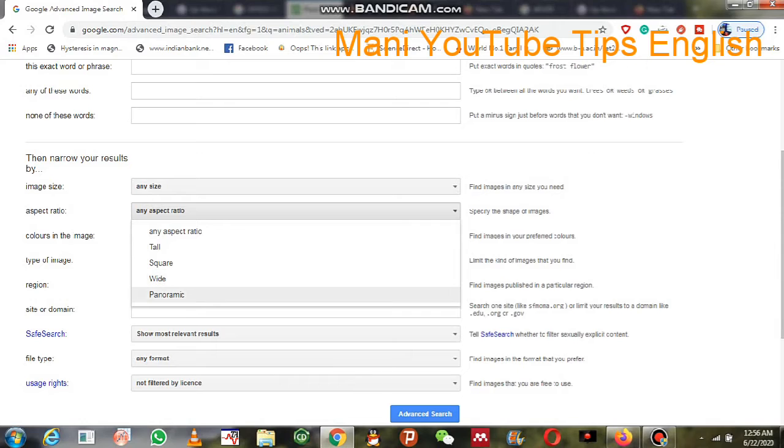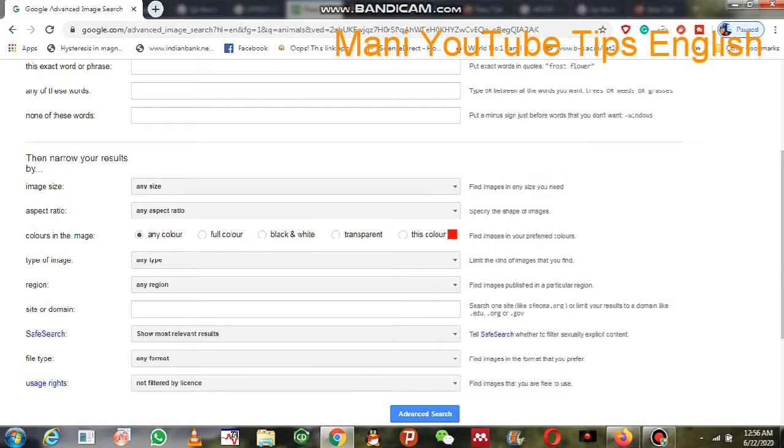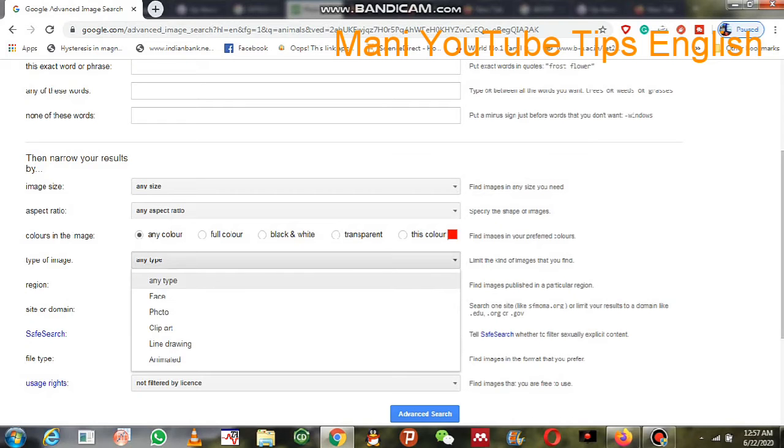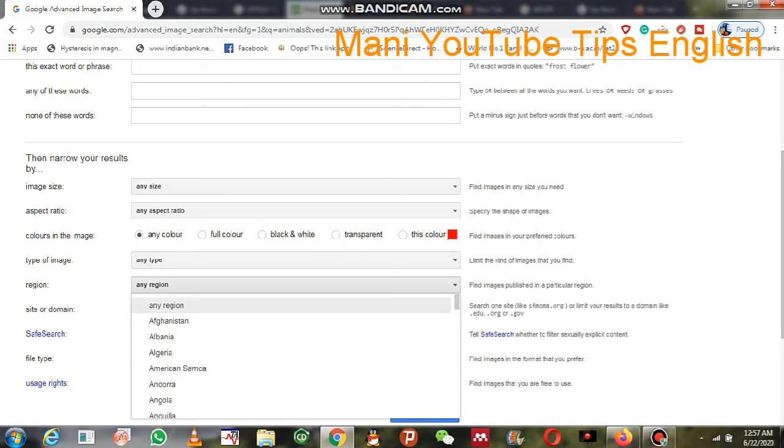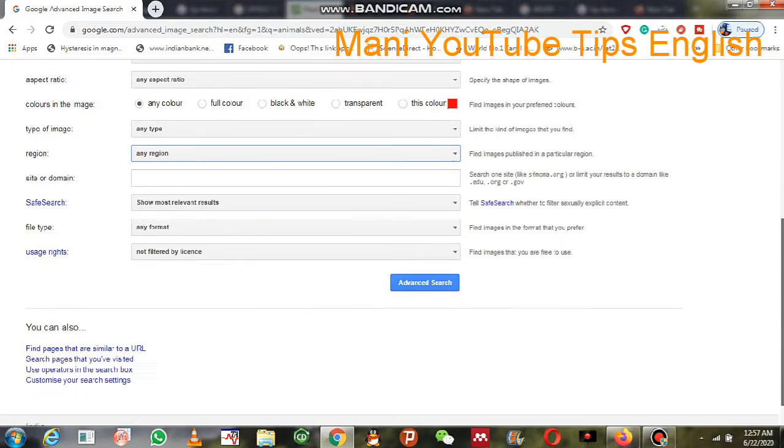There are four options they have given in this section, and you can also choose the color of the image: any color, black and white, transparent, or a specific color. You can choose any one of them. Choose the type of images. You must change these settings before downloading the images from Google.